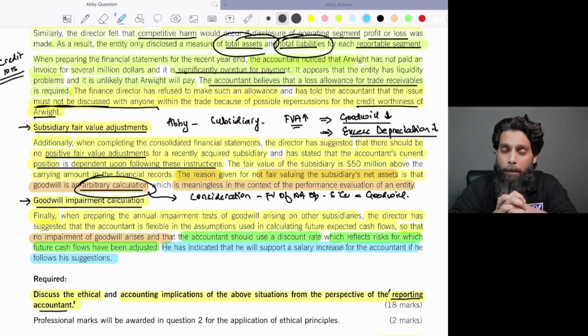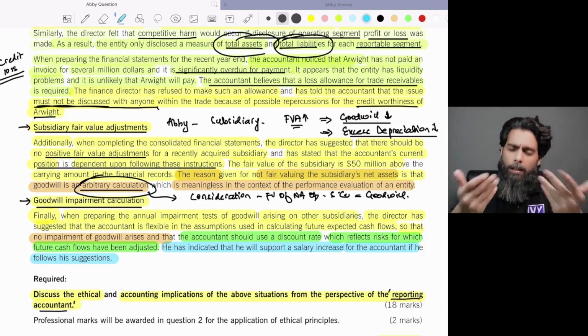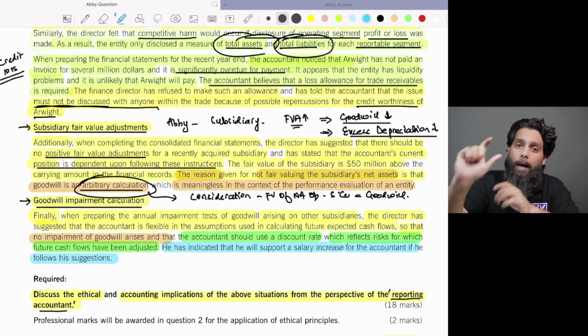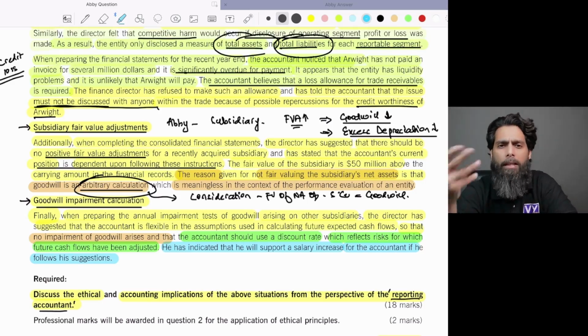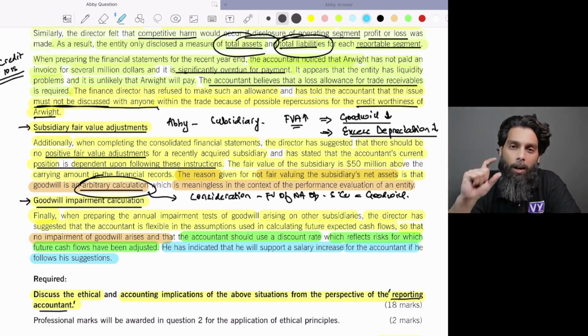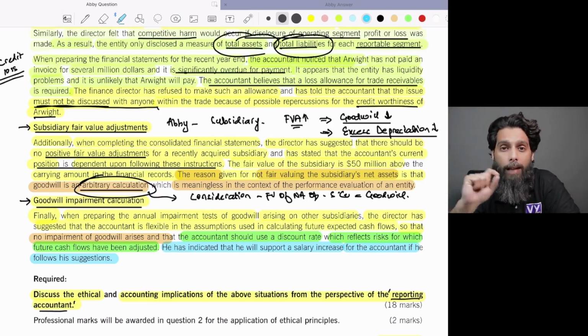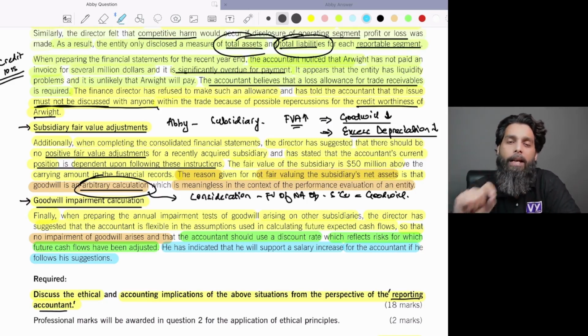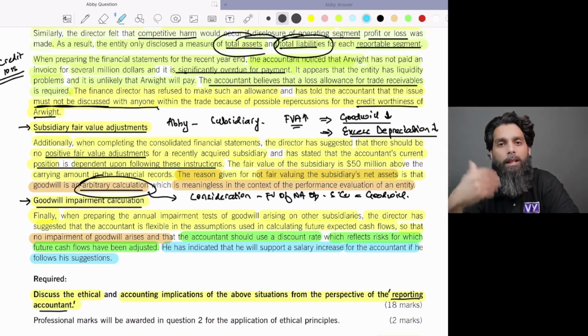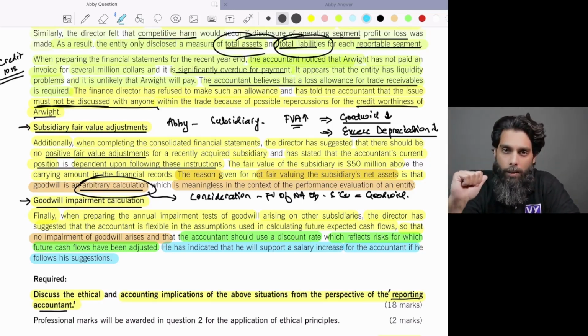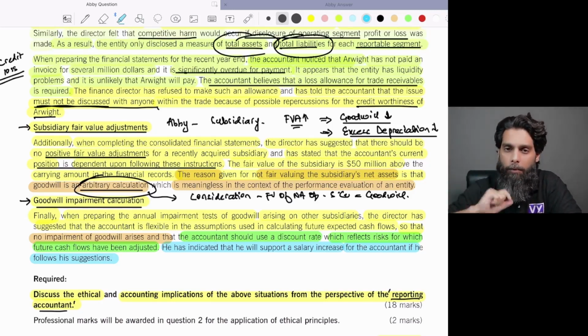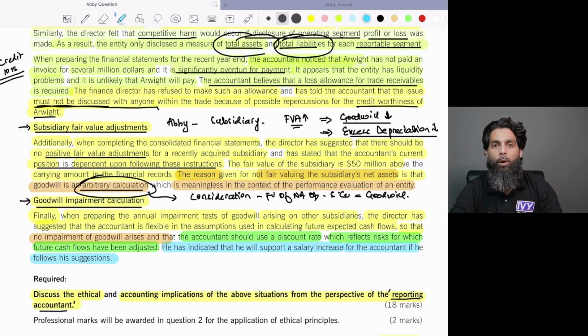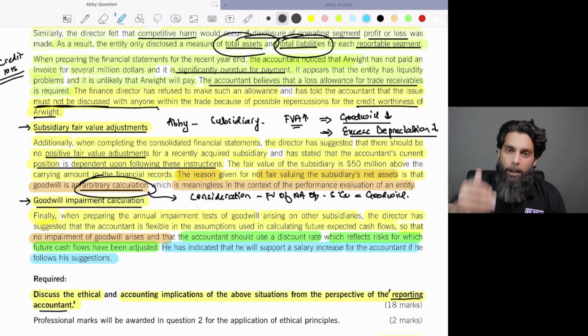So value in use is basically the present value of all future cash flows, and the present value of all future expected cash flows is determined by discounting the future expected cash flows of, let's say, 5 years. And according to IAS 36, you should be using a discount rate which is appropriately adjusted for the risks associated with the nature of the asset and the business nature, right? But you should not be taking such a discount factor which has been diluted so that your future